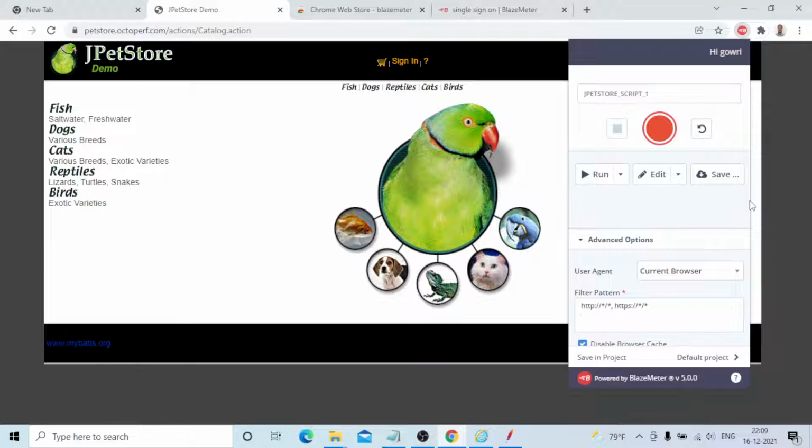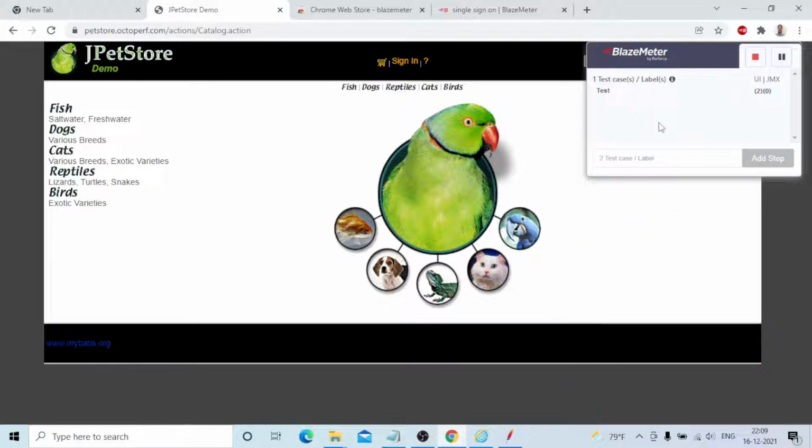First, this script you need to record: JPetStore script 1. First you need to start recording. Once you start recording, this is the process. You need not give any steps, nothing is required. First of all, you can see the URL.